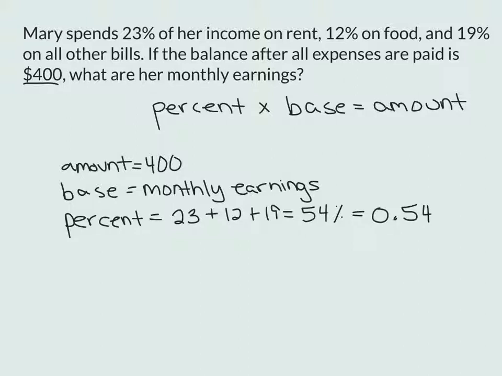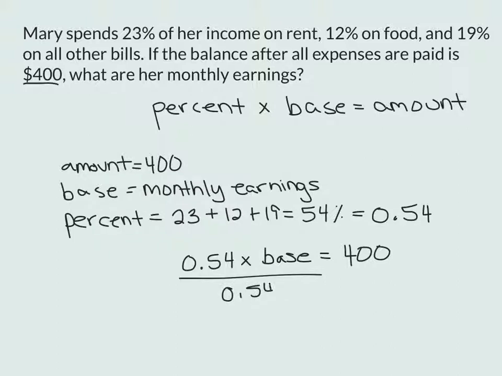So we're going to substitute 0.54 into our formula as the percent, then multiply that by the base, which is the value we don't know, and that's going to equal the $400. In order to find the base, or her total earnings, we'll divide both sides by 0.54. So we get that the base equals 400 divided by 0.54,